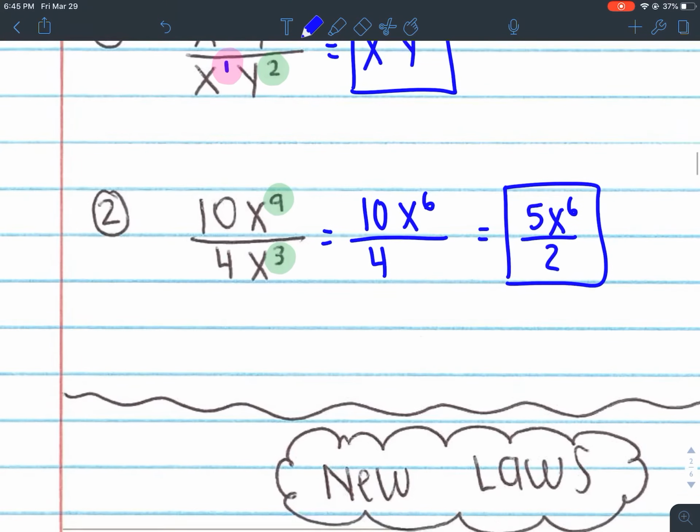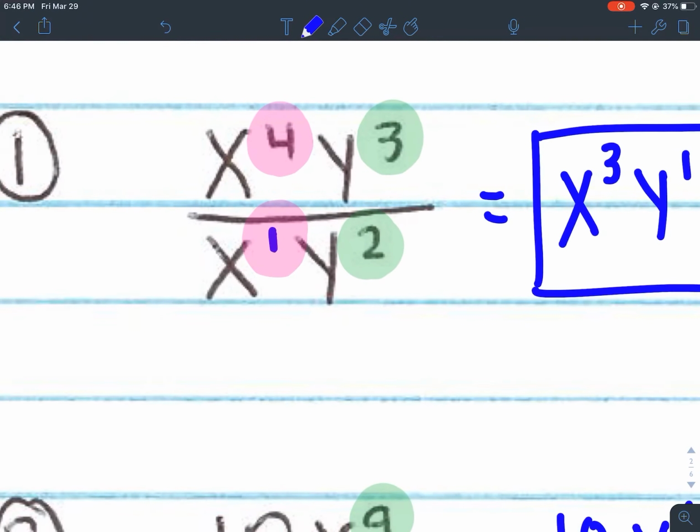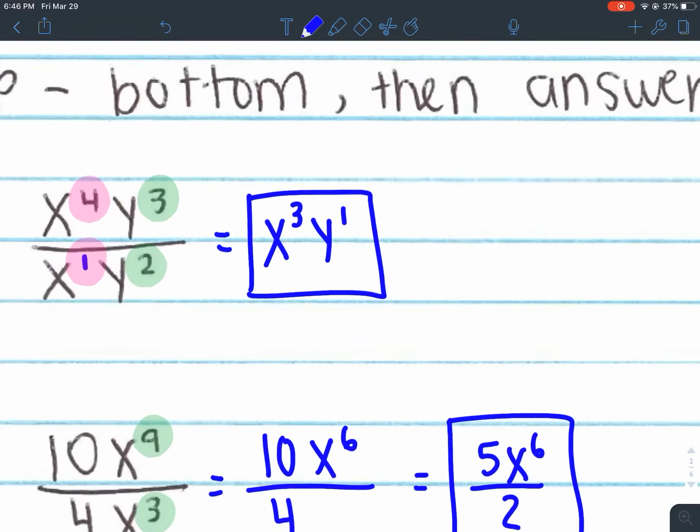Okay? You know you've simplified when there's only one of each variable, and the fractions and numbers are all simplified. So like here, I had 2 x's and 2 y's, and now I only have one of each. So you only want one